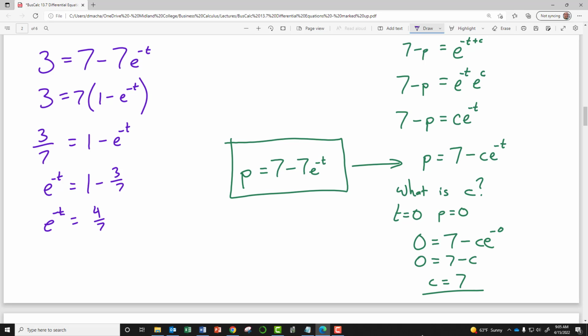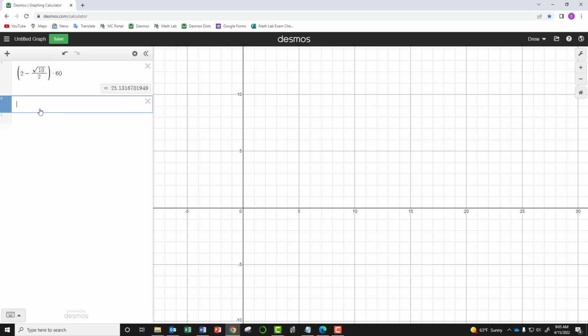And to cancel out that exponent base e, I'll take the natural logarithm of both sides. And so taking the natural log of 4/7 is then going to give me negative t. And so we could say that t is equal to negative natural log of 4 divided by 7. And again, you would have a calculator, specifically a TI-30 on your exam. And so you can actually evaluate a natural logarithm. Typing in negative natural log of 4 over 7 gives me a time of